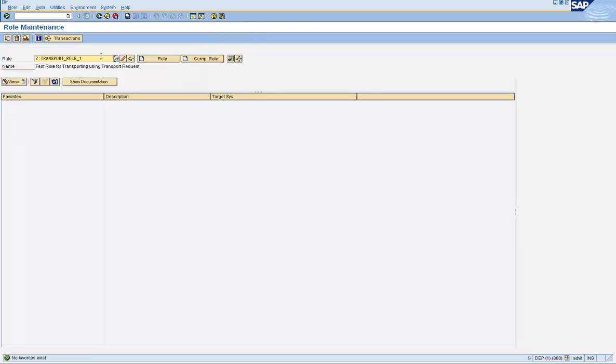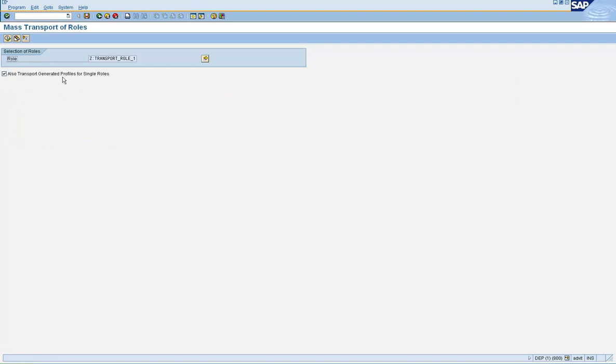In the PFCG transaction, we enter the role name and click on the truck icon to begin the process of creating the transport request. Now, when you try to transport a single role, the system will automatically include the generated profile for the role into the transport by default by using this checkbox.